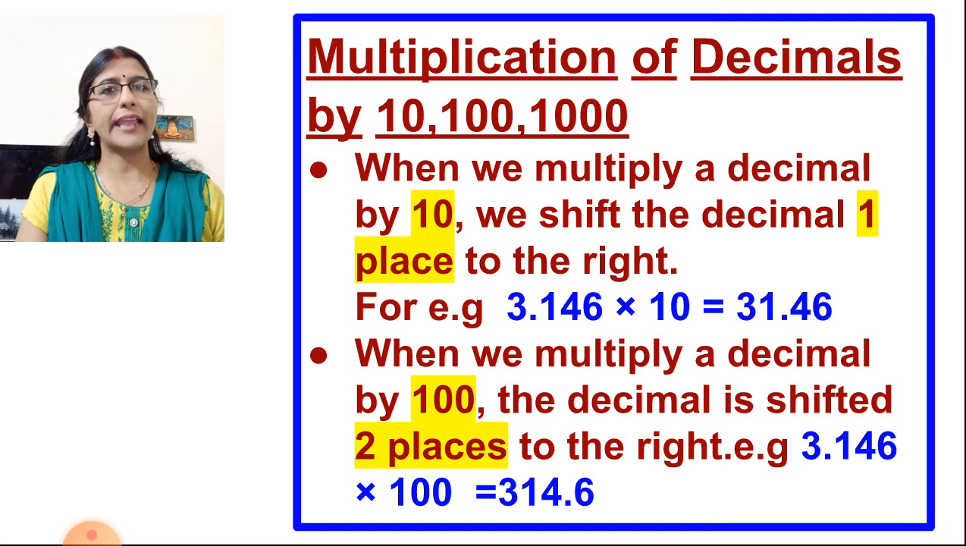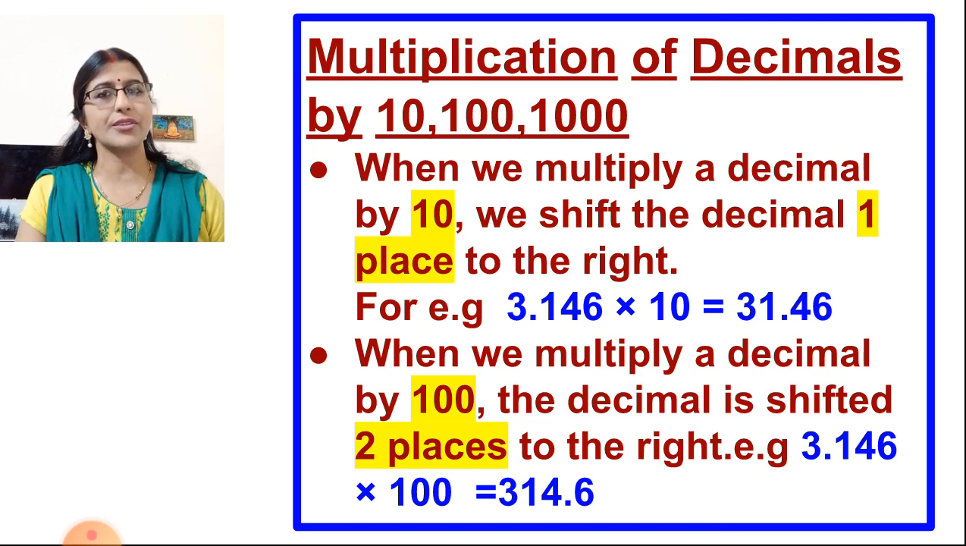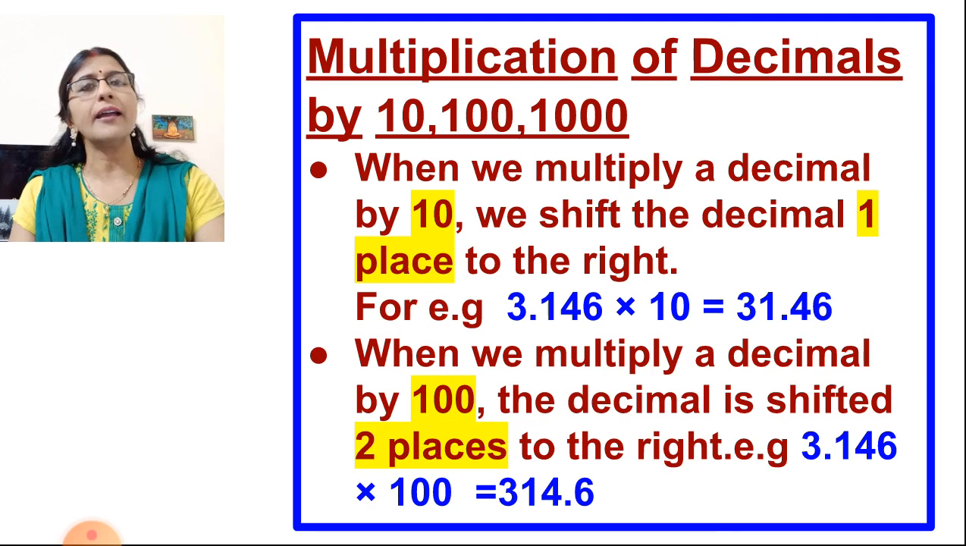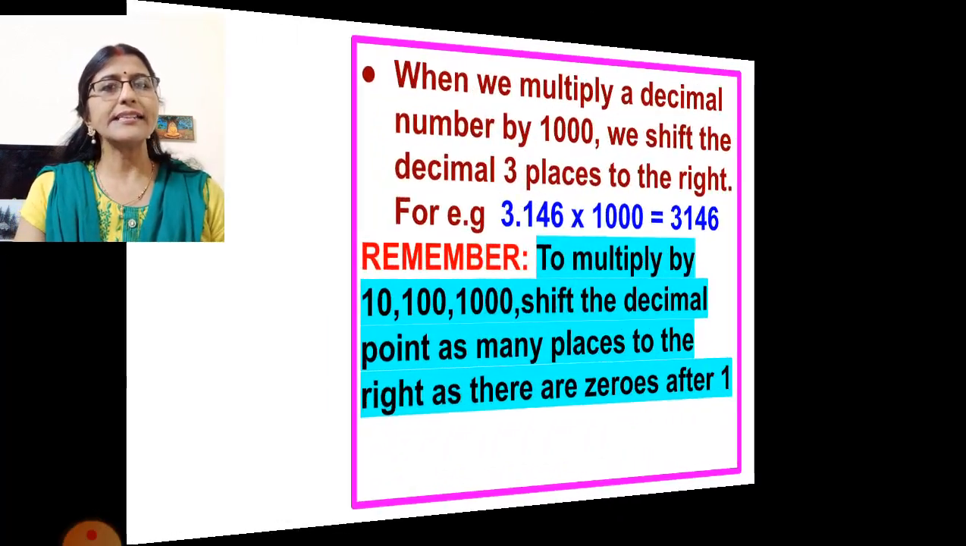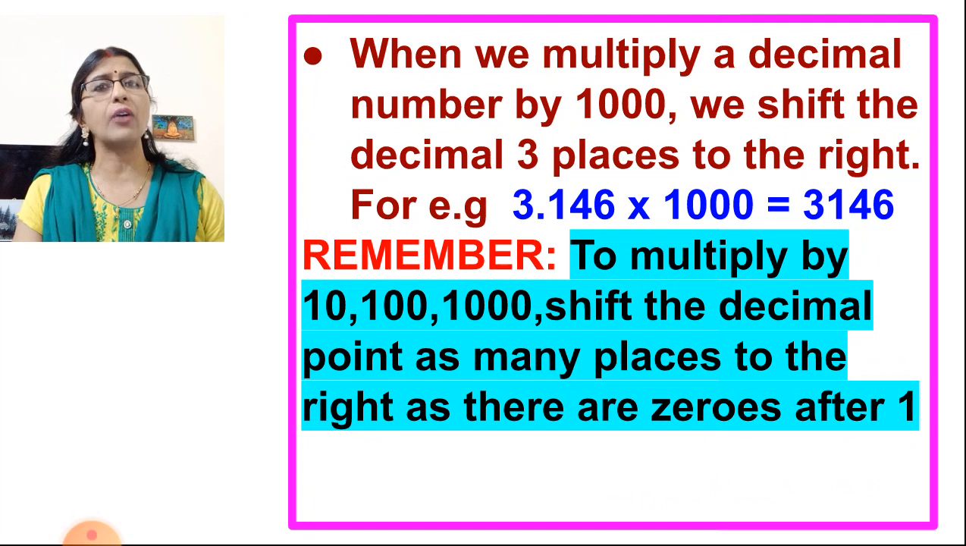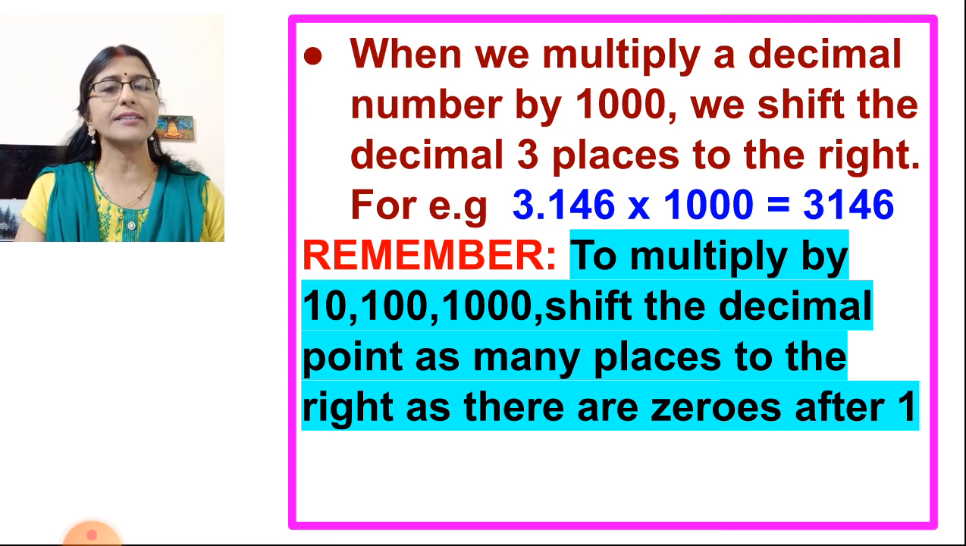For example, the same decimal number 3.146 is multiplied by 100. When you multiply by 100, you can see here 100 has 2 zeros. So the decimal point will shift to the right by two places. So you'll get the product 314.6. Now let us see, when we multiply a decimal number by 1000, we shift the decimal three places to the right. For example, again the same number 3.146, when you multiply it by 1000, here you can see three zeros are there. So the point will move to the right side by three places. So you will get